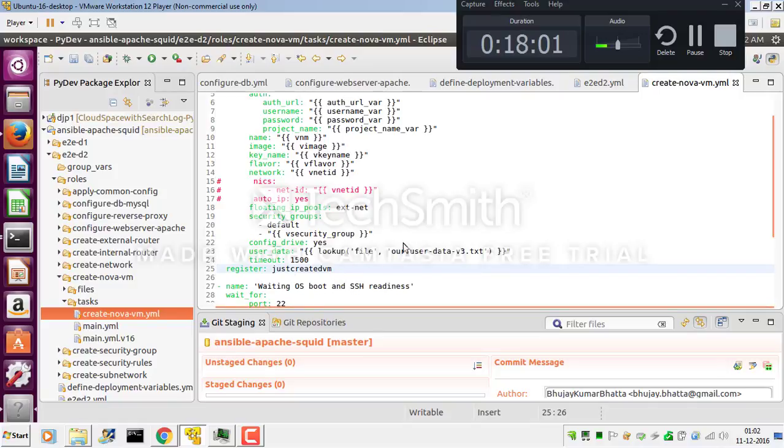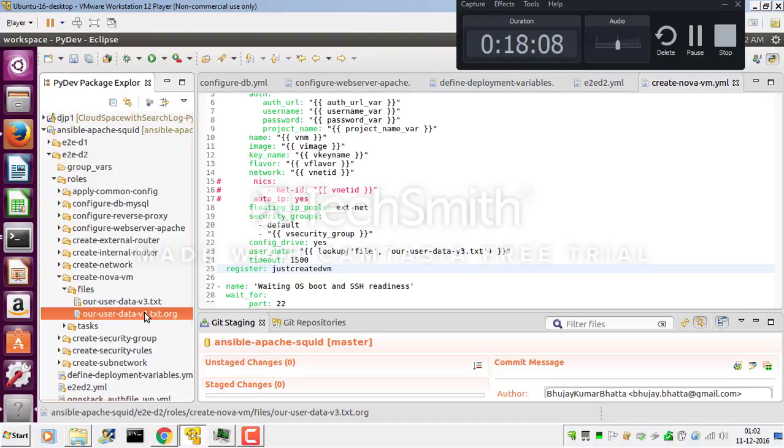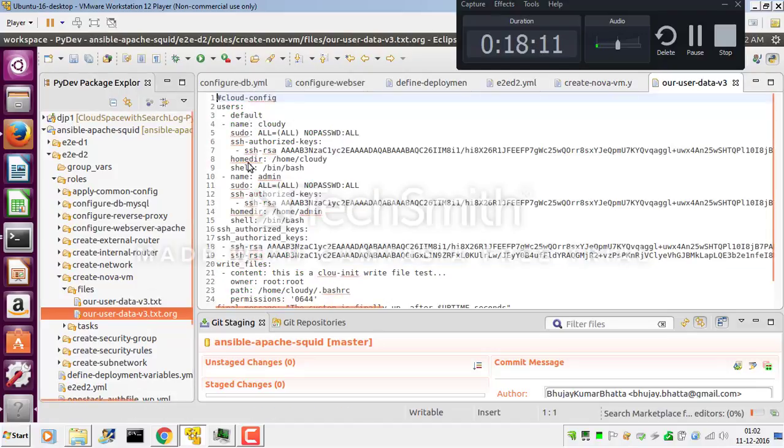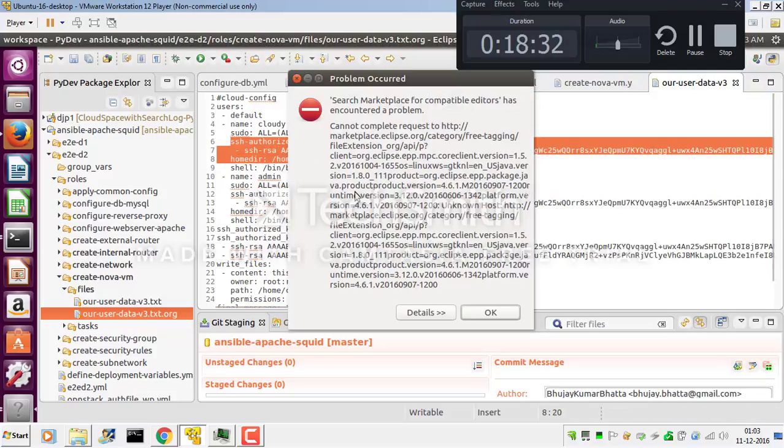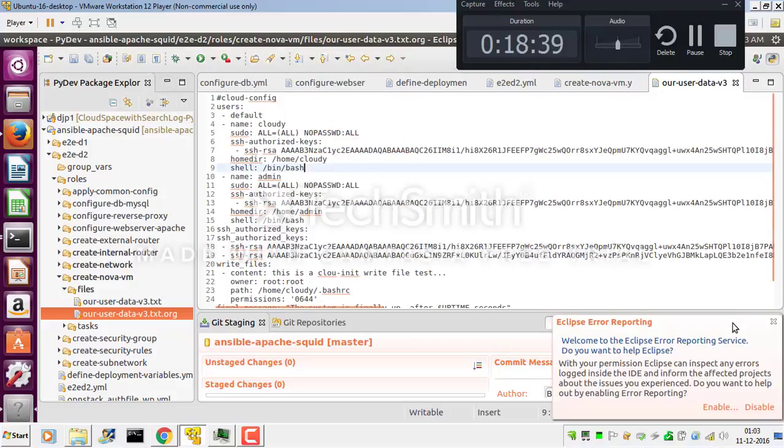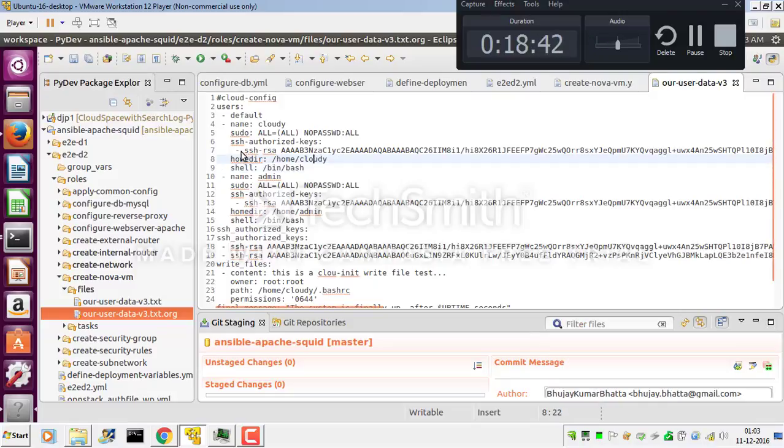This file is stored here, and then you can mention how many users you want to create. I have created one. First of all, one default user, which is the Ubuntu user. What I see is that in his home directory, in the .ssh folder, authorized keys should be one of them. It should be this. As a result, in my machine, which is